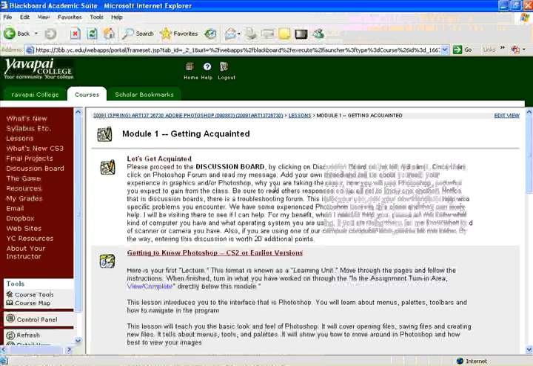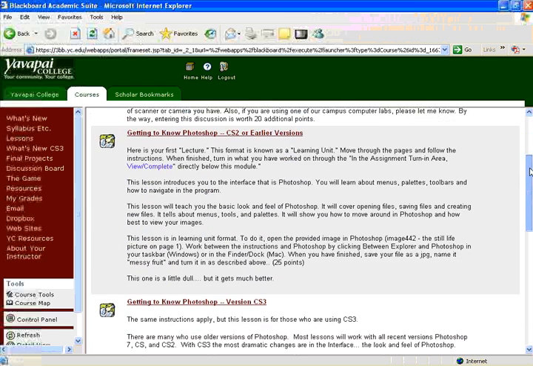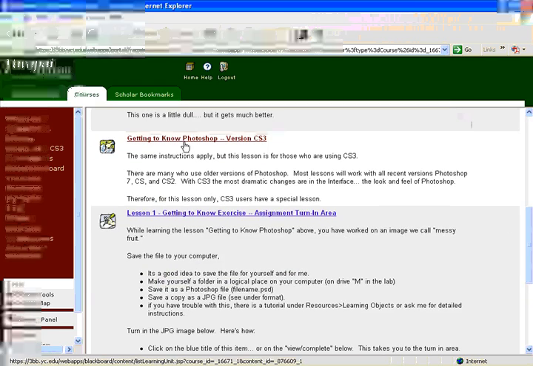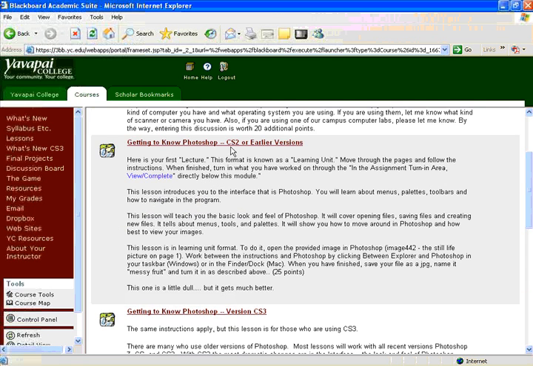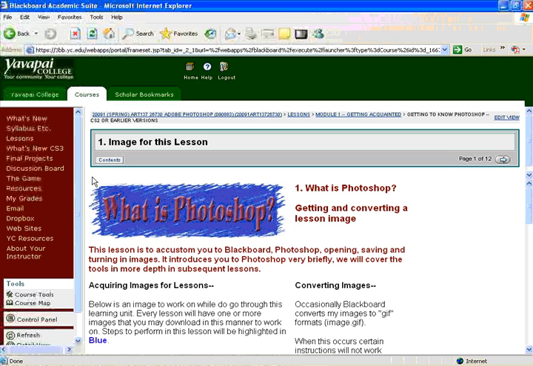In Module 1, the first item will take you to the discussion board. So that just explains to you that you need to go to the discussion board and enter the material we just spoke about. The second one is getting to know Photoshop. If you have CS2 or earlier, click on the top one. If you have CS3, click on the second one. And soon, CS4 will be there. We're going to click on the first one, since you're going to actually be seeing an older version of Photoshop